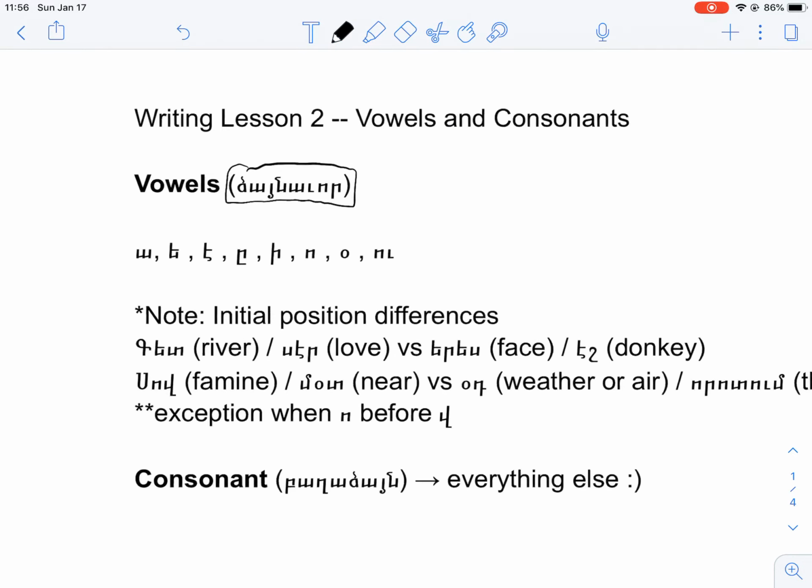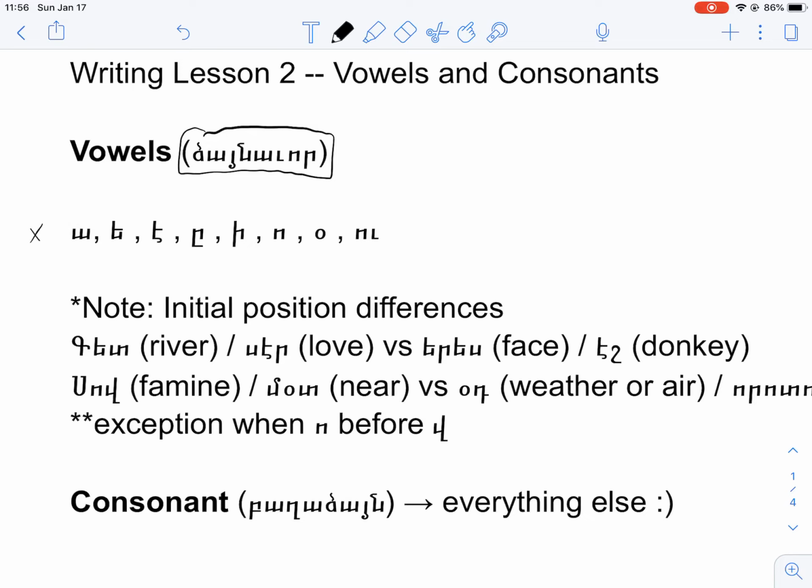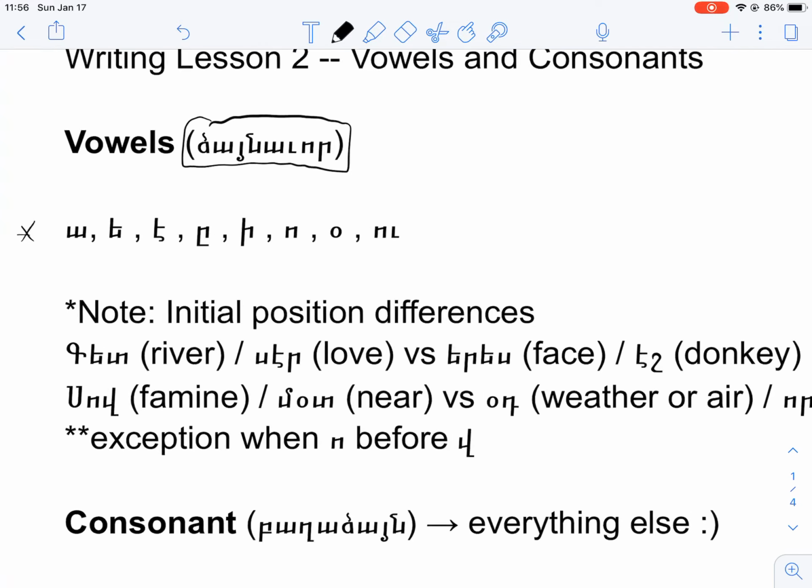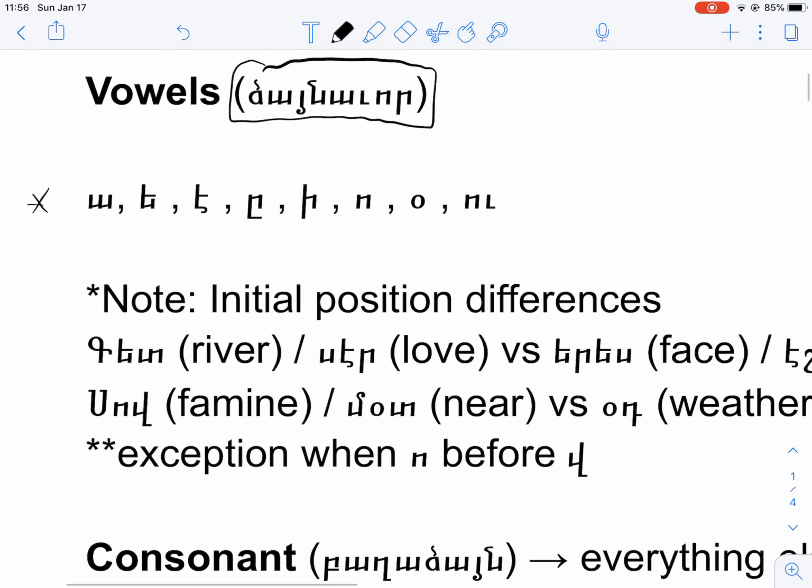So, what are the vowels? Looking at this line, we have 8 vowels I've listed here, possibly 9 in my opinion, but 8 according to the textbook that I'm now following. So let us go over the pronunciation and some of the capital letters for these letters. So the 8 vowels. We have Ip, capital letter is A, written that way, pronounced as A. We have yetch,